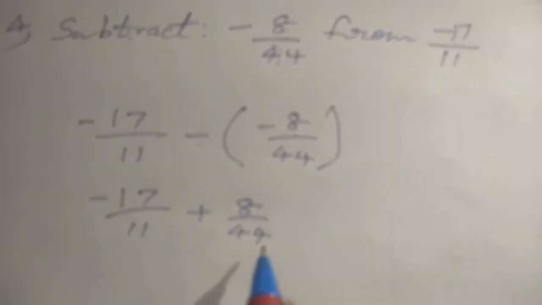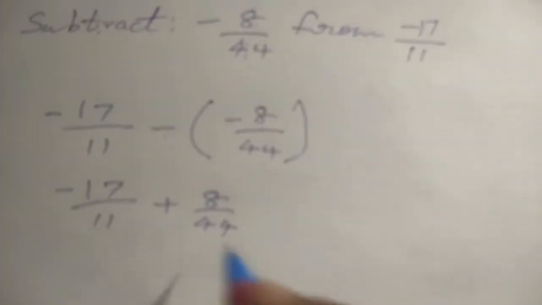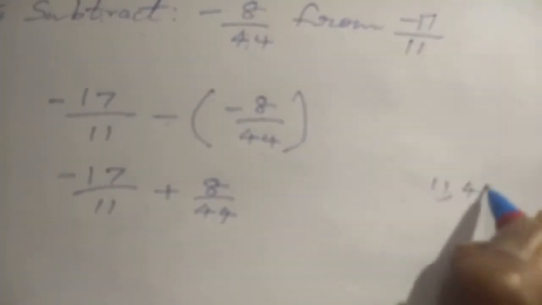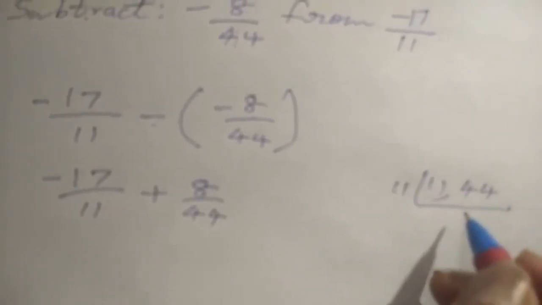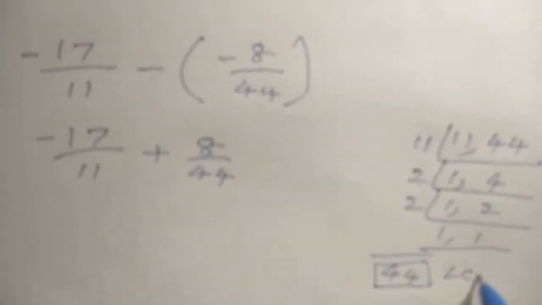So now we are having two fractions. Now we are going to find out the LCM. Then we have to solve as usual. So here we go with the LCM method. So 11 comma 44. Here both are divisible by 11 table. So 11 ones are 11, 11 fours are 44. So next we go with 2 table. So it is 1 comma 2. Then again with 2, 1 comma 1. So we stop here. So what is the LCM now? 11 twos are 22, 22 twos are 44. So 44 is the LCM here, correct?